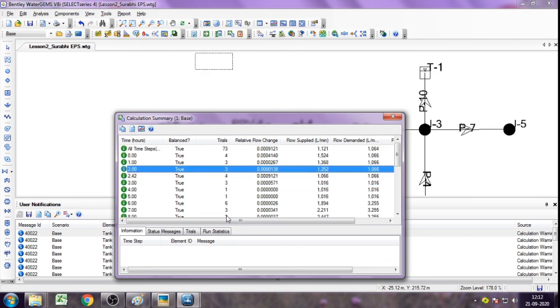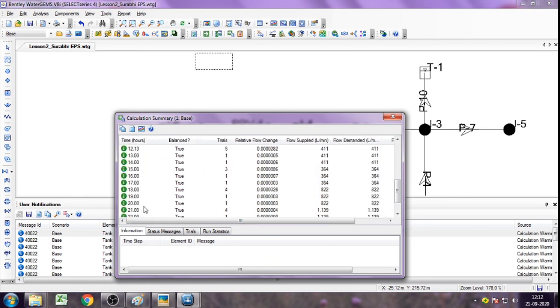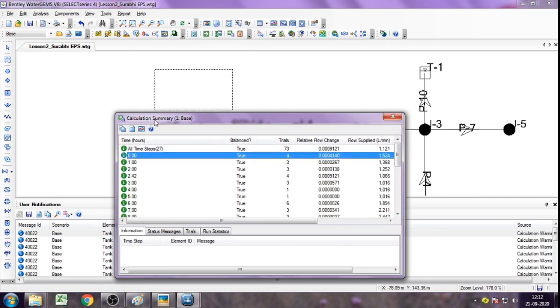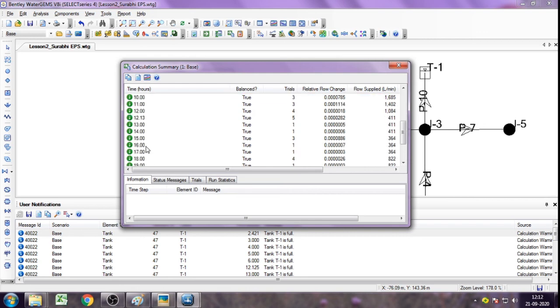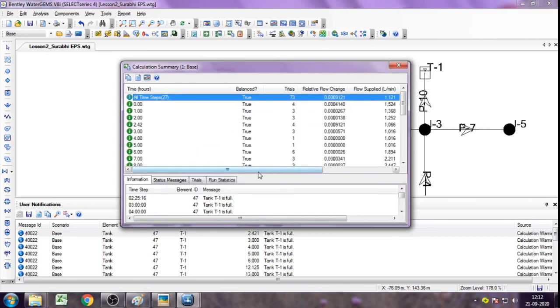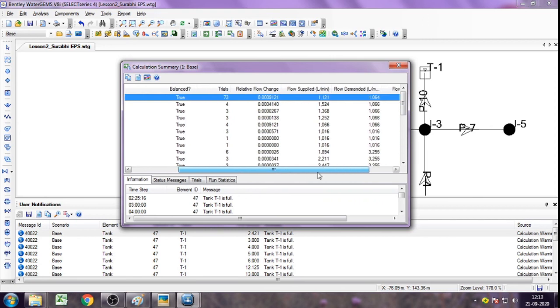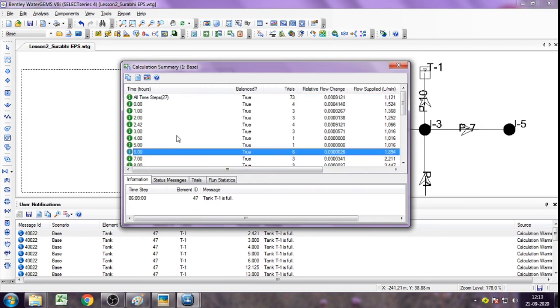So this means that this is our case. If you see here, in EPS we have got the analysis for 1, 2, 3, 4, 5, 6, 7, 8, 9, 10 up to 24 hours. So we have 24 hourly analysis here from 0 to 24 hours. You can check here what the various demands and various supplies are. So let us check at 20 hours.